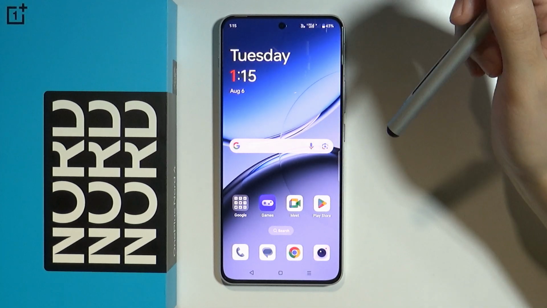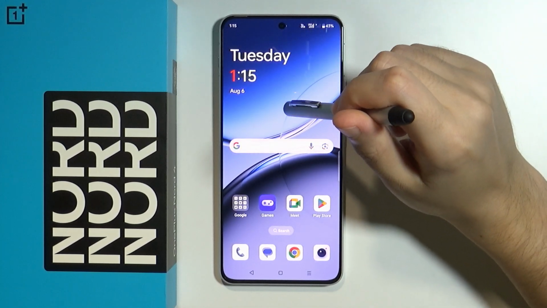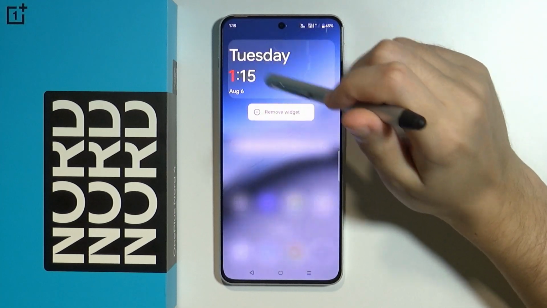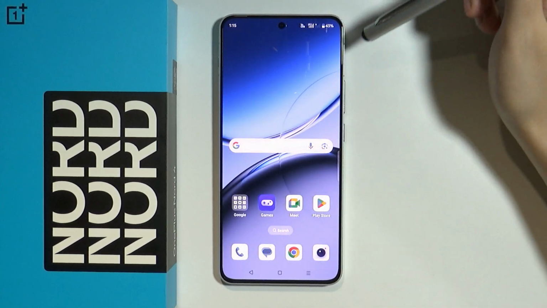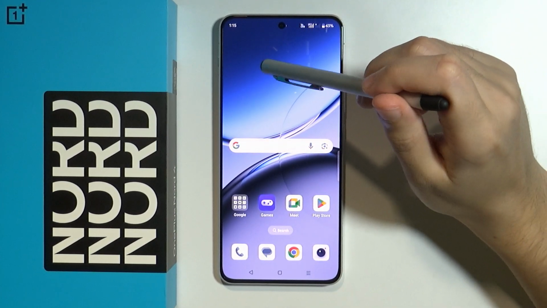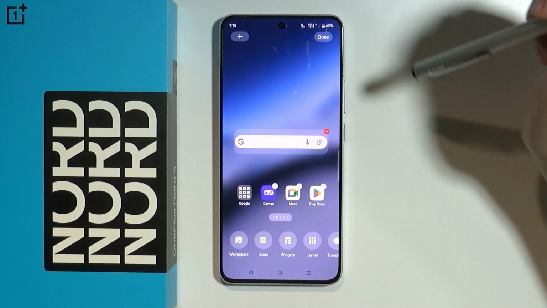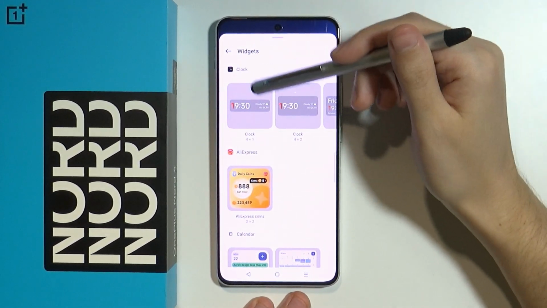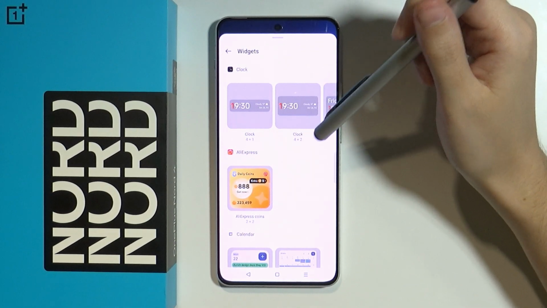So now once the clock is installed, we want to press and hold on the widget. And then we have the option remove widget. And then confirm that you want to remove it. Now we want to press and hold on the empty space, then go to widgets at the bottom. And now over here, of course, we have the default clock that we have and it's pre-installed on this device